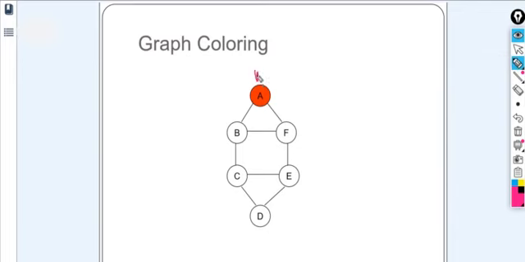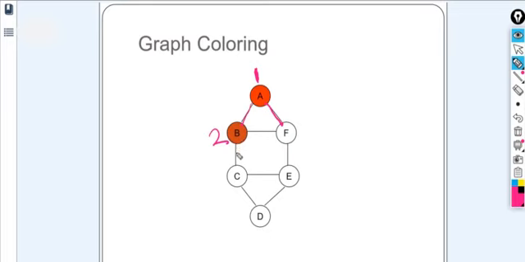So color 1 we are taking here, and with this, what are the adjacent nodes with respect to node A? B and F, right? So this particular B node you cannot color with the same color we have taken here. So what is the next step? We have to color it with a different color. This first color could not be there on B and F here, right? So we have taken the second color. So color 2 we have taken here, right?